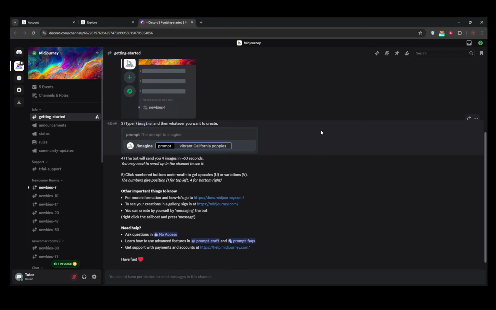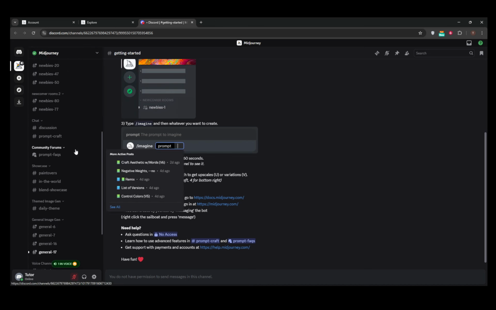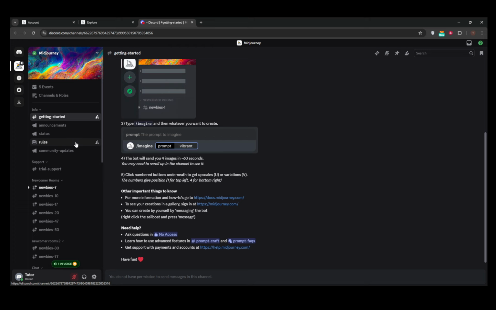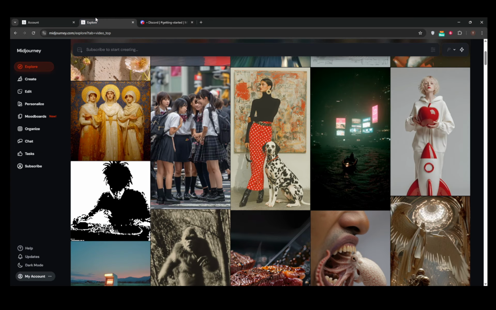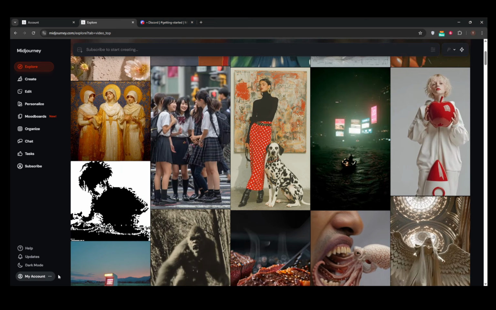Once your Discord account is ready, the next step is to join the MidJourney Discord server. This space will not only be where you interact with the MidJourney tools, but also where you connect with a community of like-minded individuals. Now that you're part of the MidJourney Discord community, the next step is to visit MidJourney's